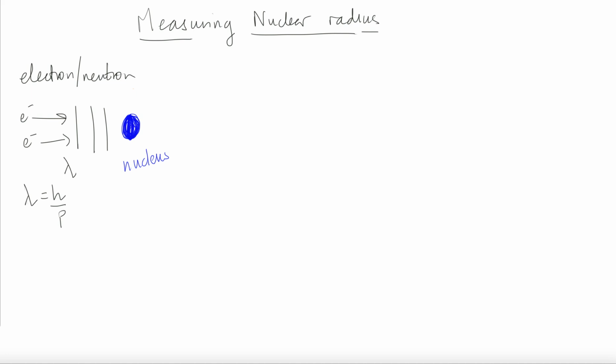So here is another way to measure the nuclear radius, this time using electron or neutron diffraction, which is actually a property of waves. Remember, de Broglie hypothesized that particles can behave as waves with a wavelength h over p. So if the diameter of the nucleus is the same order of magnitude as the wavelength of the electron, the electron wave can diffract around the object